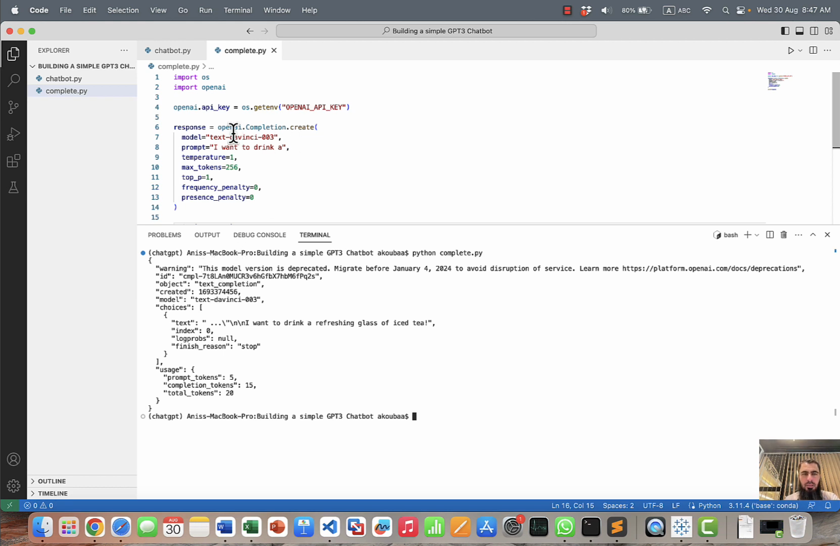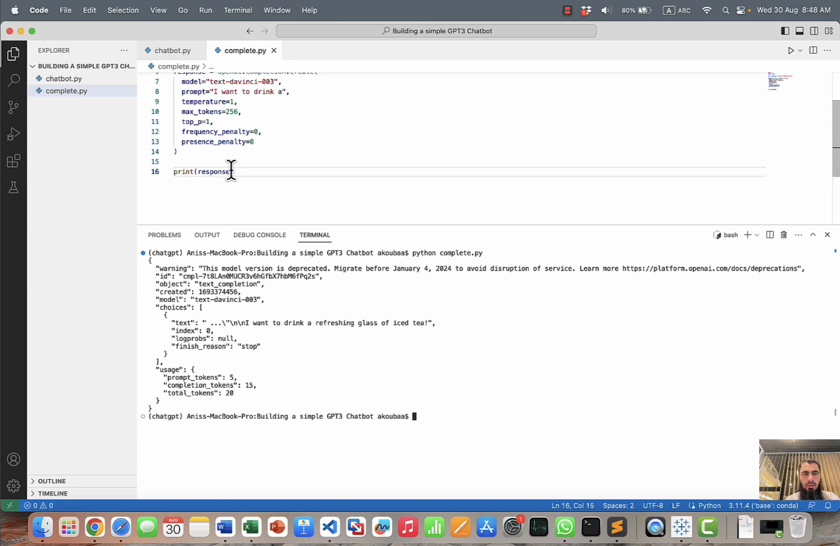It says that this model is going to be deprecated, but okay, we have choices and text. I want to drink a refreshing glass of iced tea. It has made the completion. I can do now